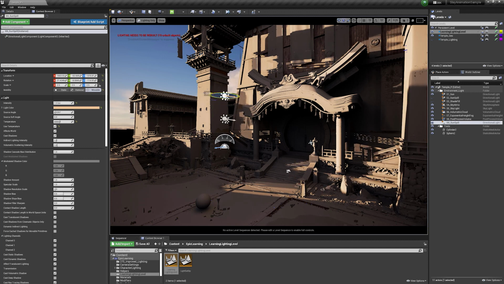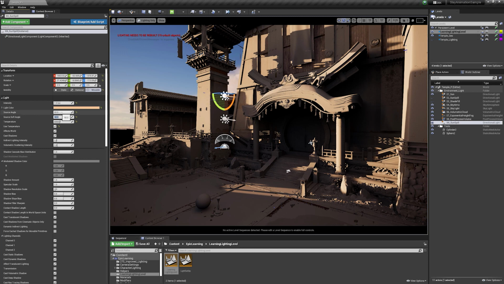Now, one of the things you'll notice is that our shadows start bundling up or doubling up and it doesn't look the greatest. So we're going to go over here to our source angle. Currently, the source angle is at 0.537 by default in Unreal. We're going to change that to 50, and go to the source soft angle as well and put 50 in. That's pretty much going to mute our shadows out. If I take this back to 0, you can see the light contribution from the shadows.